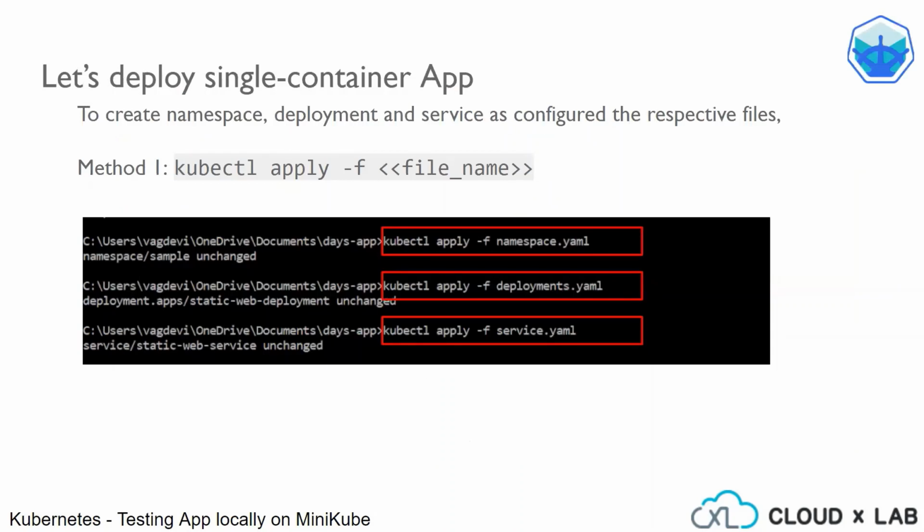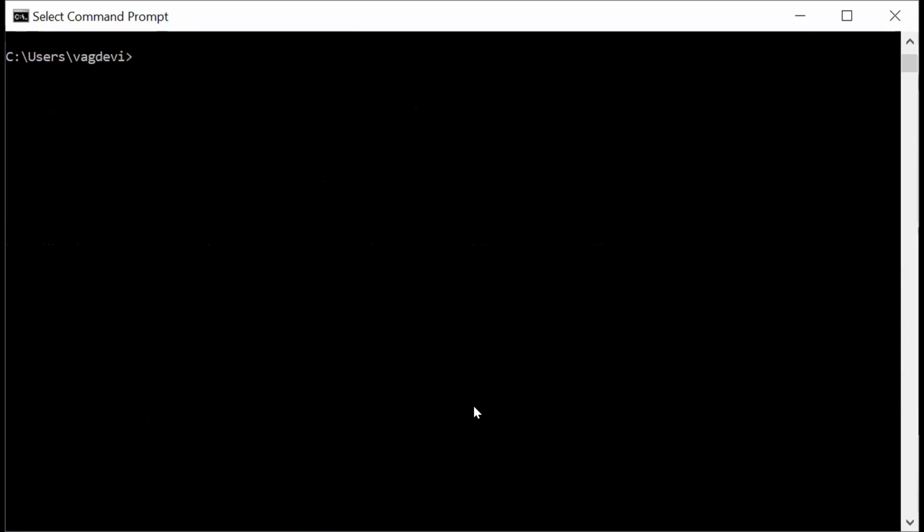Now let's deploy the single container application. Go to console. I have created a folder on my desktop, which is named K8s.